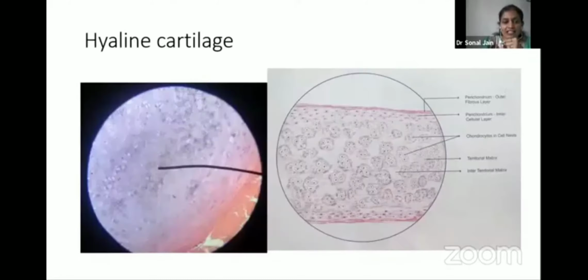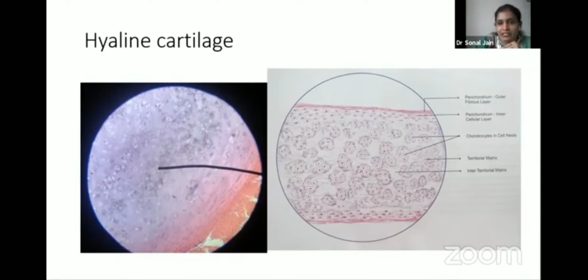Moving towards hyaline cartilage. This is a basophilic structure. Why is it basophilic? Because it has a homogeneous matrix. Basophilic means more hematoxylin, more darkly stained. They have the same refractive index for their fibers, so they look like a glass appearance. They have the cell nest. What do you mean by cell nest? These are the chondrocytes in a group of 3 to 4. This is called a cell nest, and they are present in the trachea, thyroid and cricoid cartilages of the larynx, and the costal cartilages.